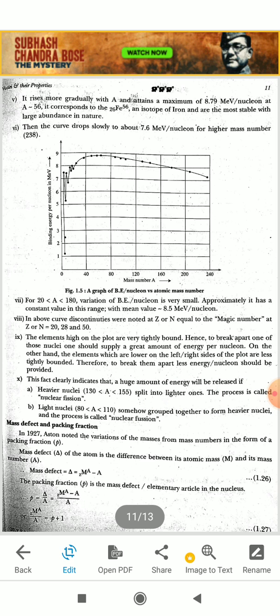If we see this graph, binding energy per nucleon versus mass number, you can see hydrogen, deuterium, tritium, then helium with some energy of 7 point something, then lithium, beryllium, boron, carbon, nitrogen. After that the graph slightly increases, and at mass number 56 it is at its largest, 8.7, and after that it decreases, and the graph keeps decreasing for mass numbers greater than 170, and so on.